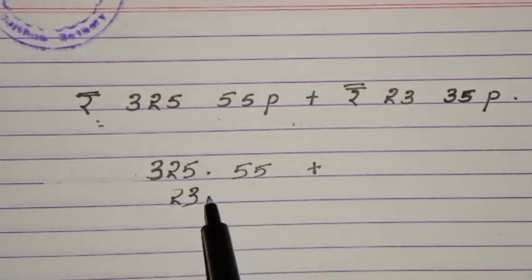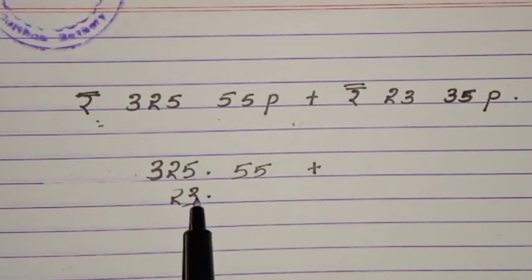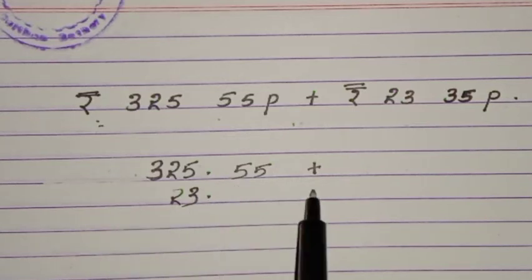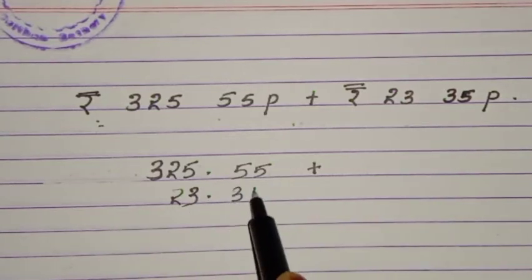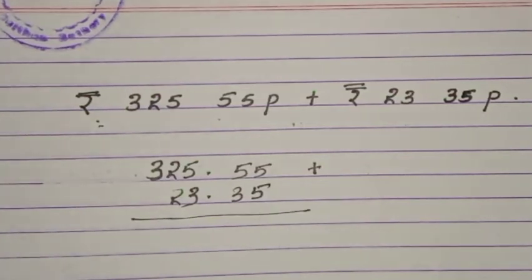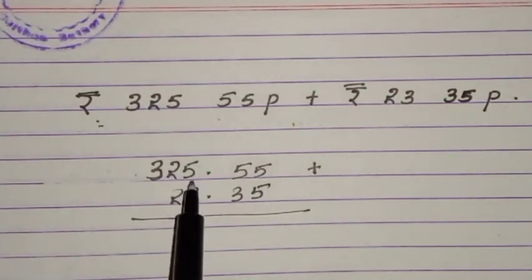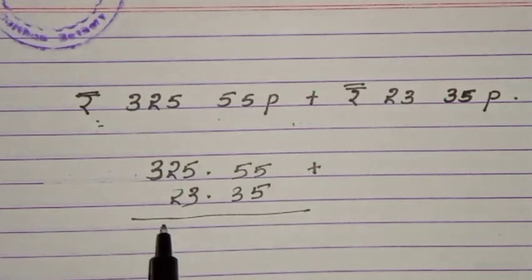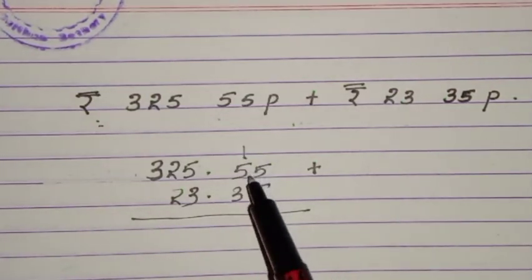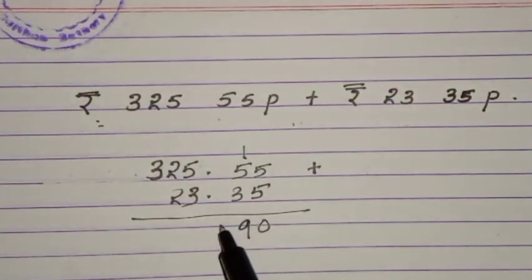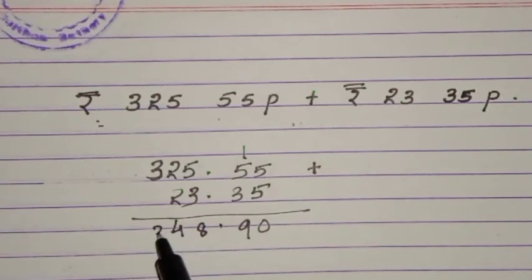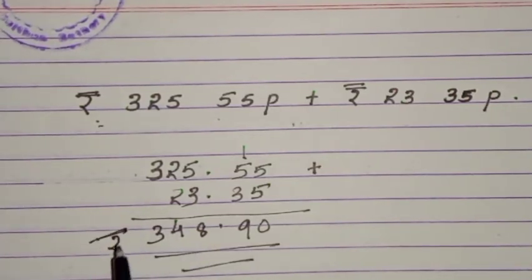When you're writing this, you start from this side. Here you have to start from here. So simply write 35. Then you can add. Don't write below 3, you write 5 in the 1's place and 10's place. Here is only a 2-digit number. Then you can add 5 plus 5 is 10, balance 1, 5 plus 3, 8, plus 1, 90. Then 5 plus 3, 8, 2, 2, 4, 3. So how many rupees? 348 rupees and 90 paise.